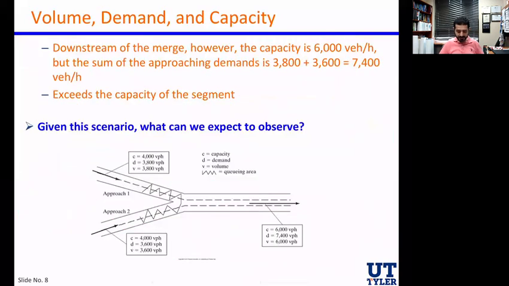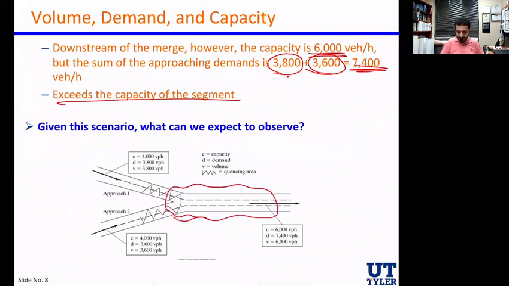So I think this is here, again, more explanation. Downstream of the merge, however, the capacity is 6,000. We sum up the 3,800 with 3,674, way higher than the capacity. That's why we're going to exceed the capacity at that segment. So given the scenario, what can we expect to observe again? We're going to have issues and congestion around this area starting from these two approaches for an extended amount of time